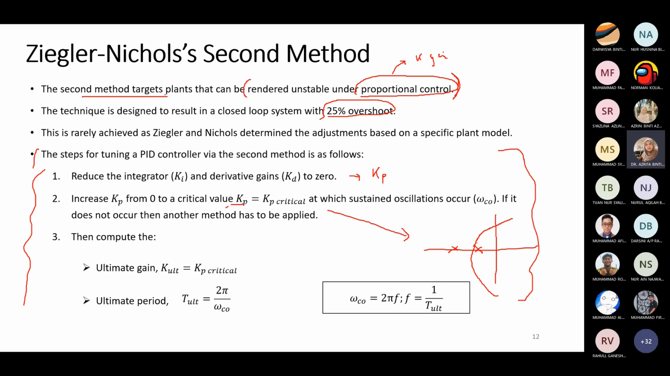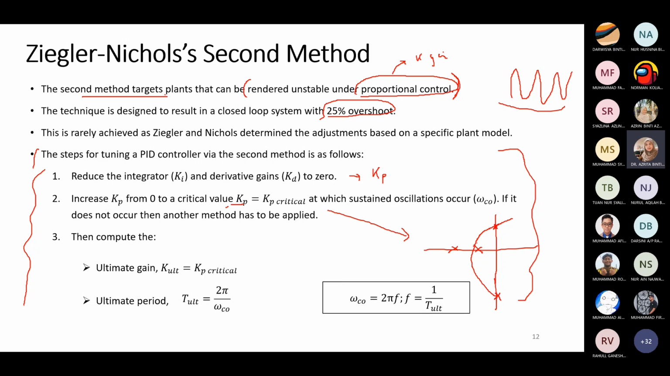Increase until one time. So the location is on the imaginary axis. Okay, so if you look at the response when the pole location is on the imaginary axis, the output will become like this. It oscillates like this. So if you remember, in our first slide I already showed the output response